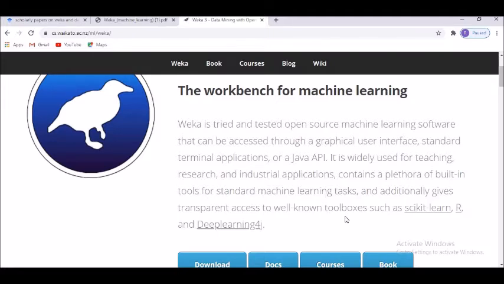It contains a plethora of built-in tools for standard machine learning tasks, and gives you a lot of toolboxes, especially if you know a little bit about Python and R, scikit-learn, and deep learning.